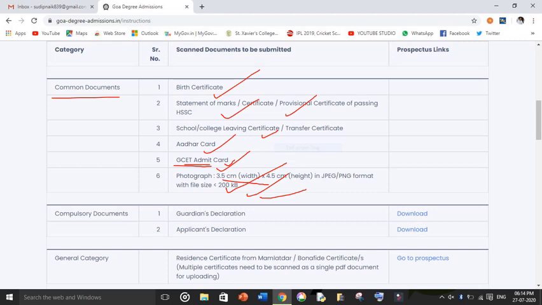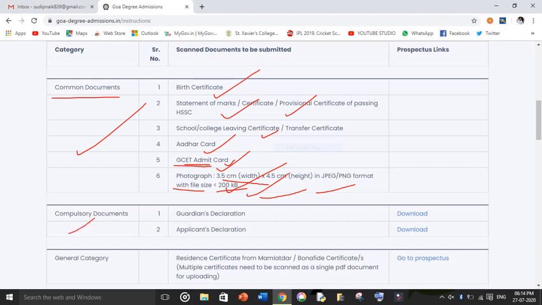Now for this, the photo size is very important. That time many students were facing problems while uploading because it was not of the proper size. It should be below 200 KB, and it also was not of the proper dimension. So it is very important to keep all the documents in the proper dimensions. Then these are the common things that everyone requires when you are trying to fill the form.